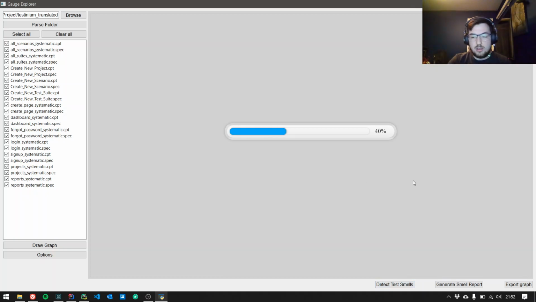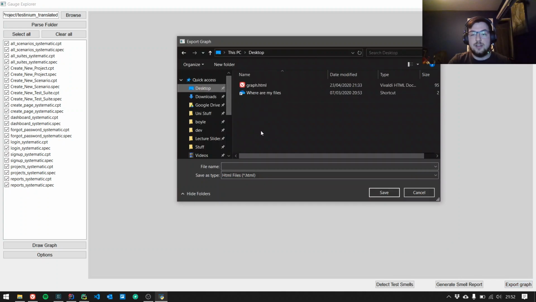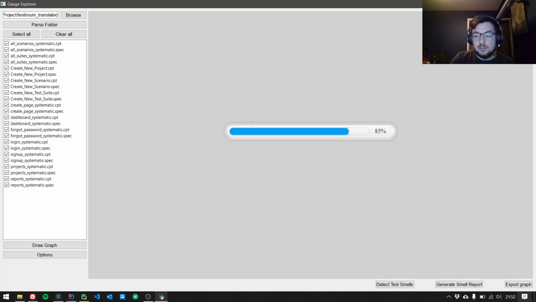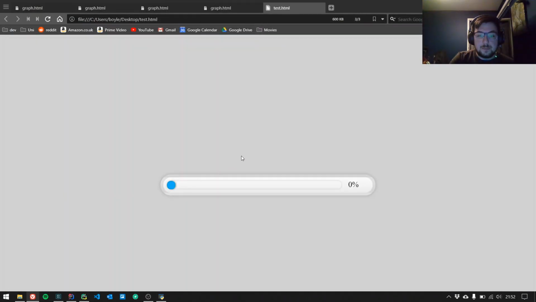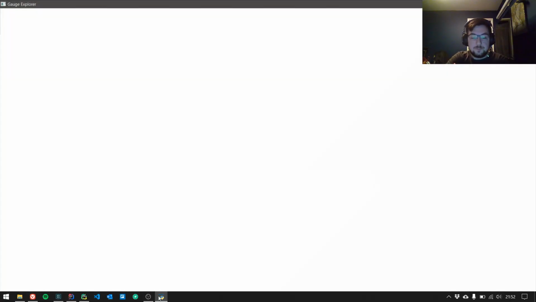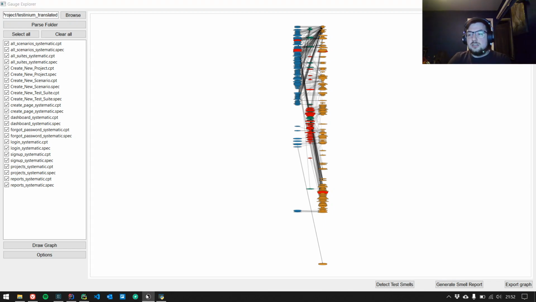So, one last thing, you're also able to save the graph. I previously saved this, so we're able to save that. You can see this is just the same thing we've seen before, being able to open it in a web browser. So, just to finish off, talk about what was the most technically difficult thing implementing this project,